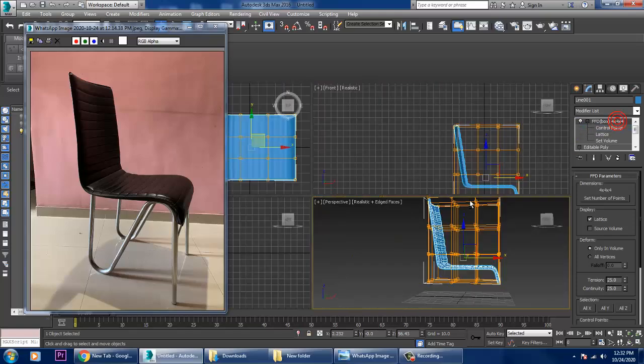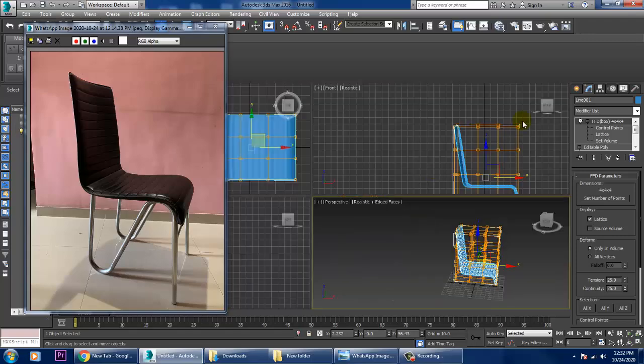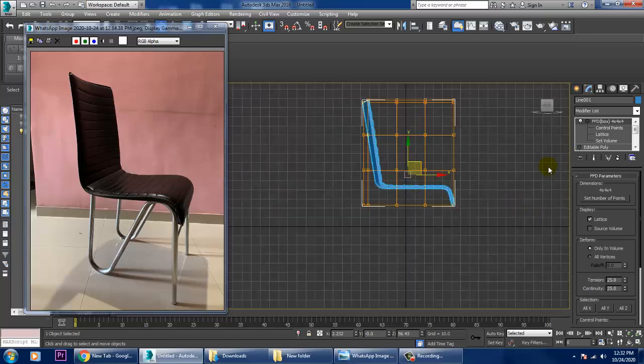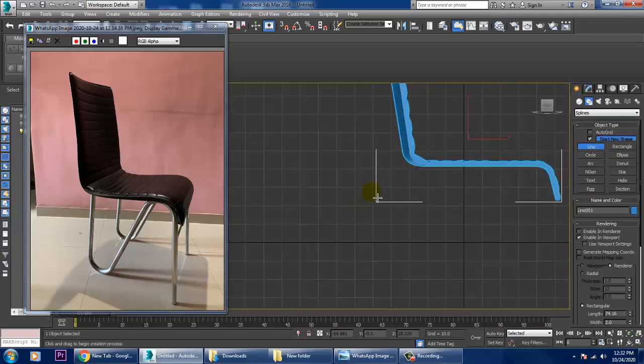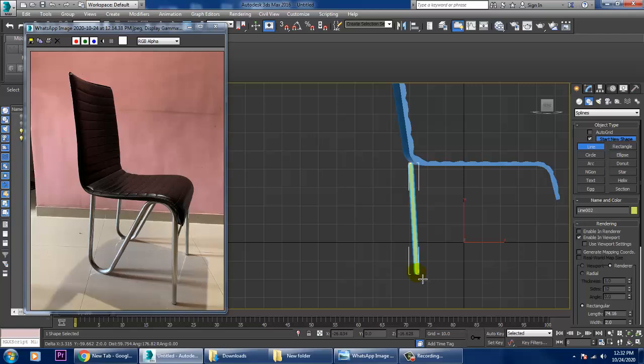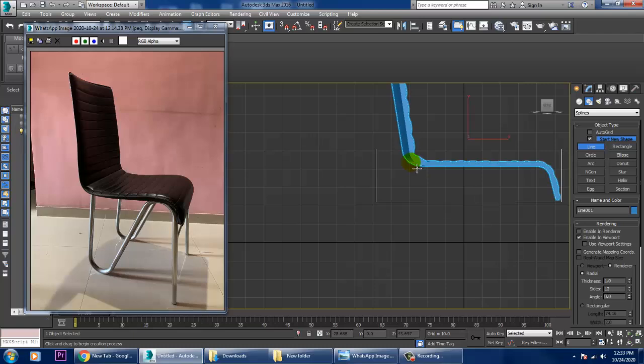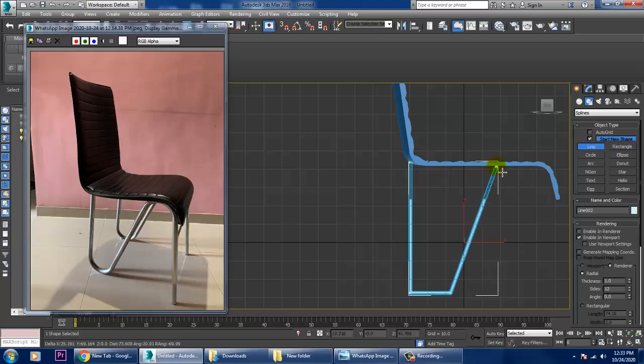After that is done, you can go into this view over here and let's again take a line. Before I take a line, I'll just make it as a radial over here. I'll just take a line. So mostly if you look at it, it's going to be straighter. I'll go in this way. I'll go in this way. I'll go in this way. And the final is going to end over here.